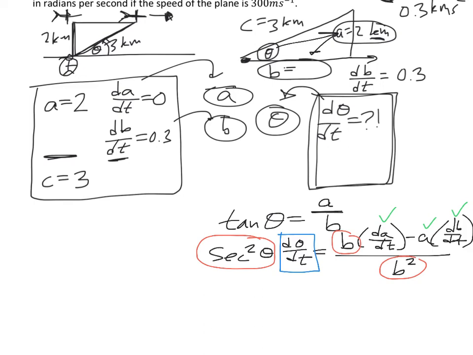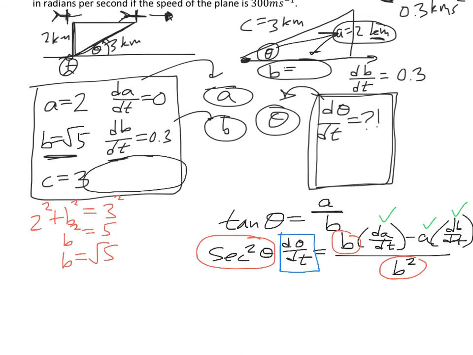We know that a squared plus b squared is supposed to equal c squared. Working through this, I'll get b squared is 5. That means b is the square root of 5. And so now, I could actually take that and write it up here in my known information. b is the square root of 5. Okay? I don't need to know what dC dt is. I'm really glad I didn't spend time figuring that out because it's not going to be necessary. What I do still need to figure out is